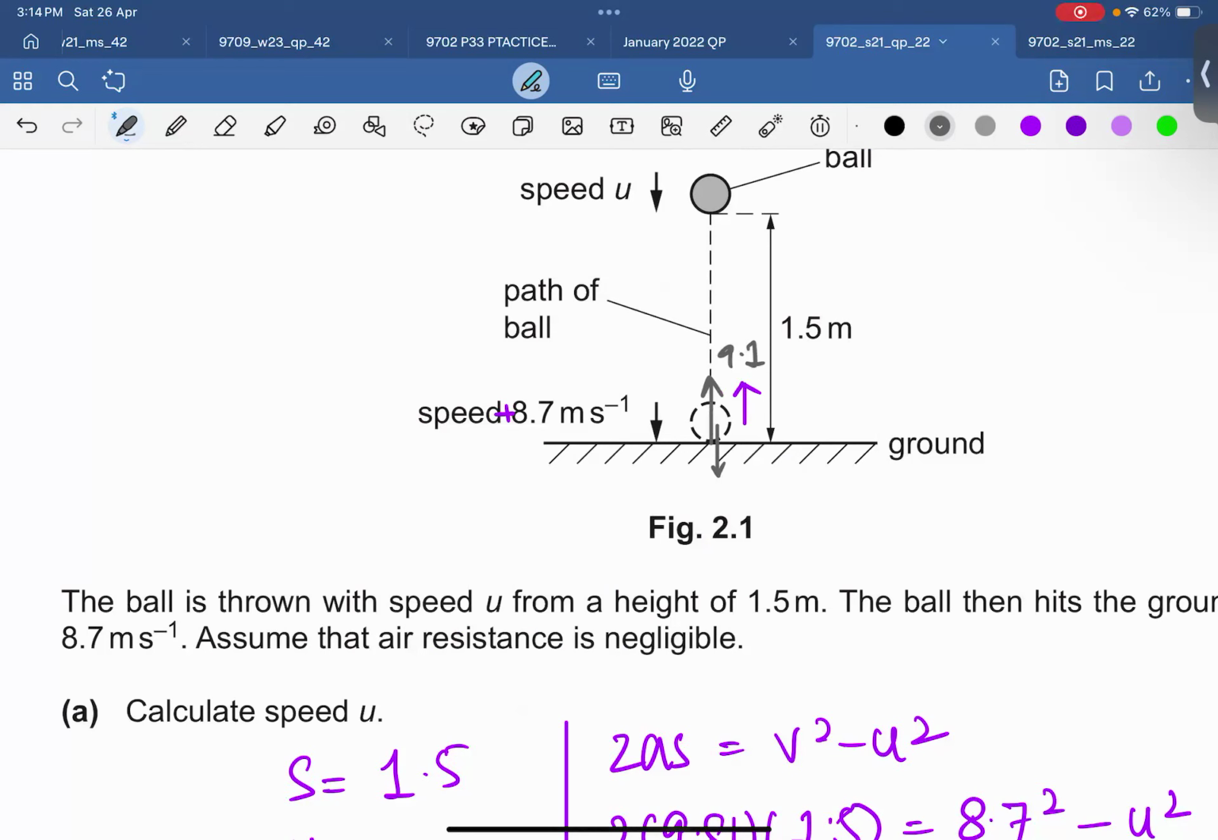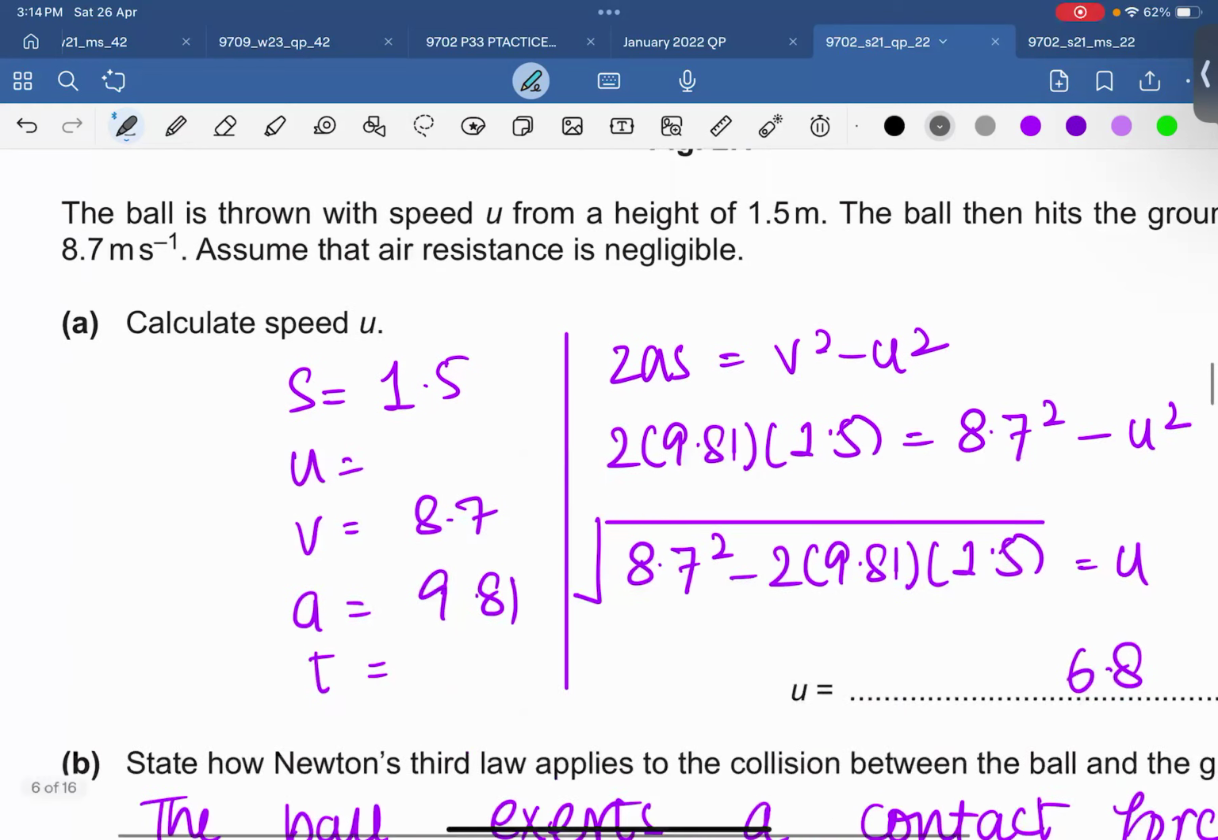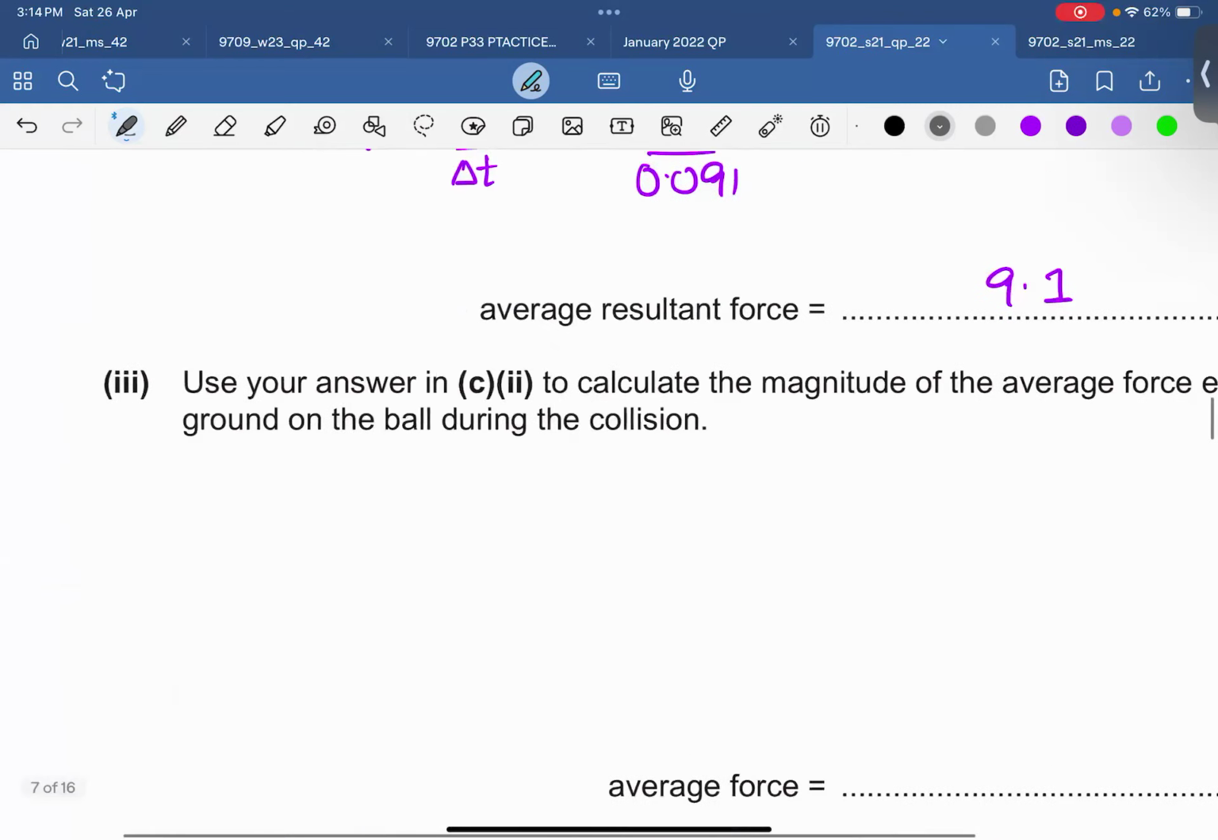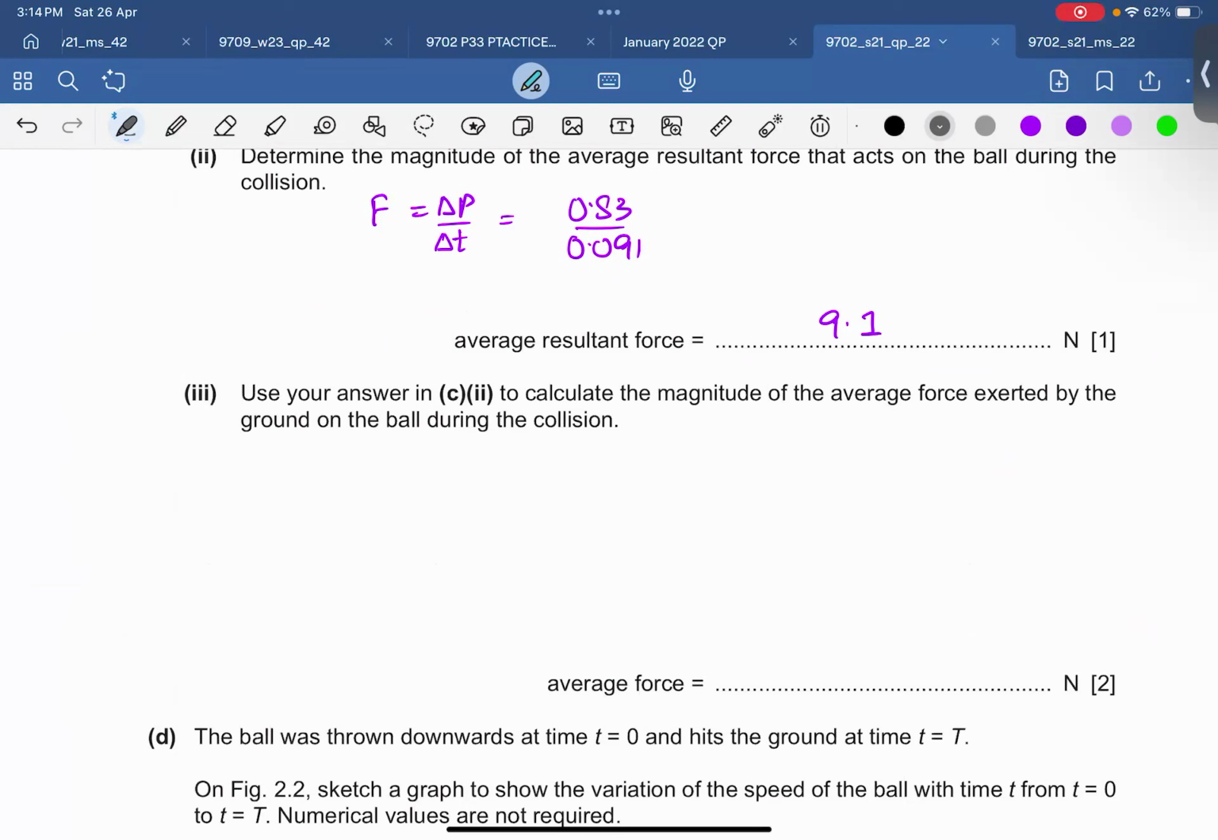क्लियर हो गया? ओके, आगे आ जाओ। Use your answer in C part 2 to calculate the magnitude of the average force exerted by the ground on the ball during the collision. So ये करेंगे कि वेट ले लेंगे, 0.05 इंटू 9.81। फिर एवरेज फोर्स माइनस वेट इज इक्वल टू रिजल्टेंट, यानी एवरेज फोर्स इज वेट प्लस द 9.1।